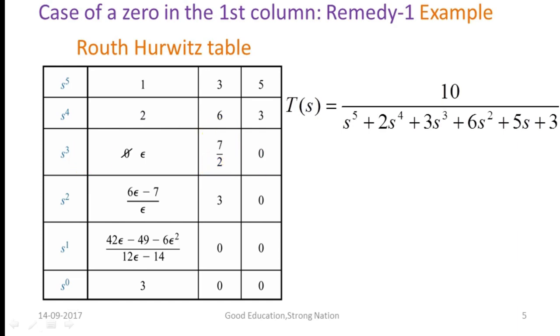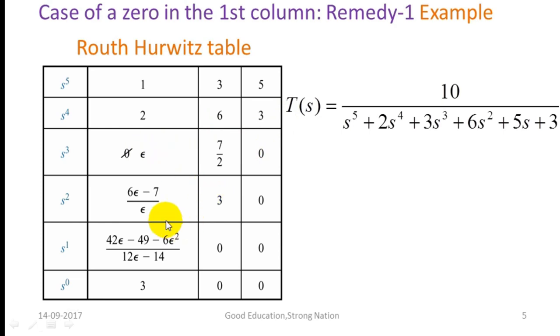So here we are trying to solve this particular problem with the epsilon method, as the third element in the first column of the Routh array is 0. So we're going to cut out this 0, use epsilon, and just try to solve the Routh array. So again, (epsilon into 6 minus 7 by 2 into 2) by epsilon. We are left with 6 epsilon minus 7 by epsilon. Then (epsilon into 3 minus 2 times 0) divided by epsilon, that leaves us with 3.